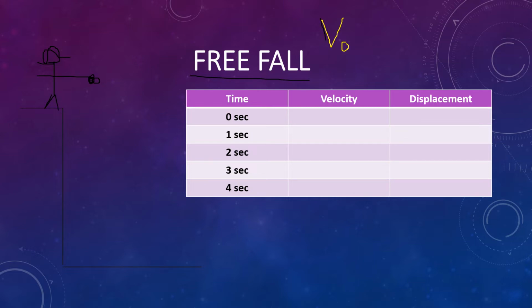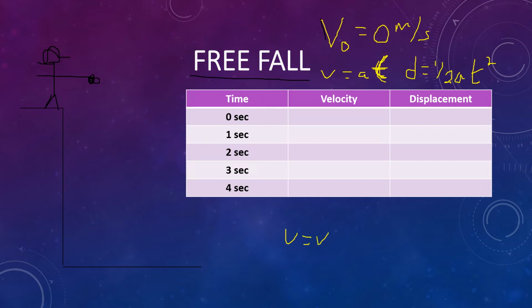Free fall means that the V naught is 0. When the V naught was 0, I said you could use V equals AT, and D equals 1/2 AT squared. These are the from rest equations, if you remember from back then. It's really just the kinematic equations with the V naught is 0, and the whole part cancels out. In fact, I never even needed to teach you these equations like that. But whatever. Just in case you don't remember, it was V equals V naught